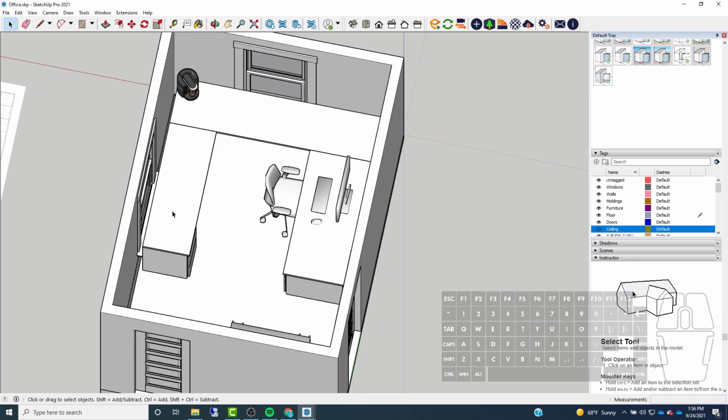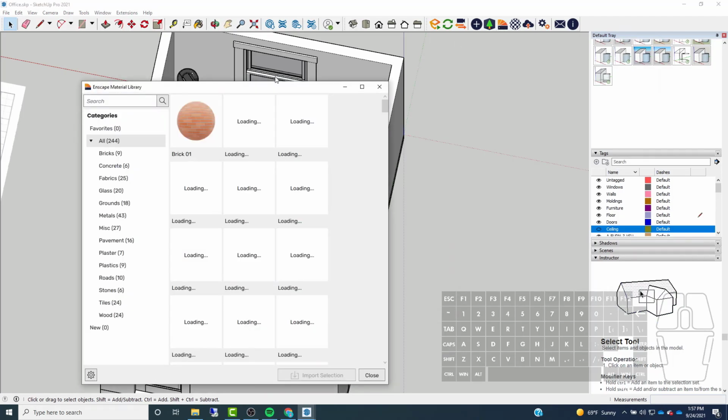So at this point, what I would do is start blocking out the materials that I'm going to be putting on everything. Now, Enscape also has a new thing, a material library. I've never used this before, so I'm kind of curious to see what they have. But if we click on this,